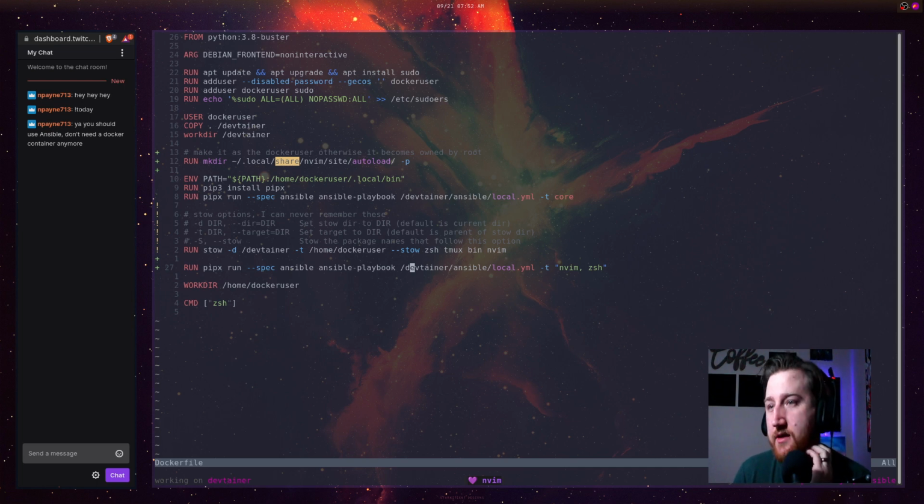Yeah, don't need the Docker container anymore. Yeah, maybe you're right there. So now I'm down this path where I have the Docker container and it works. I don't know why I had to do this. Where is it? Oh, I had to make dir .local share nvim site autoload. So when I do my install of plug,